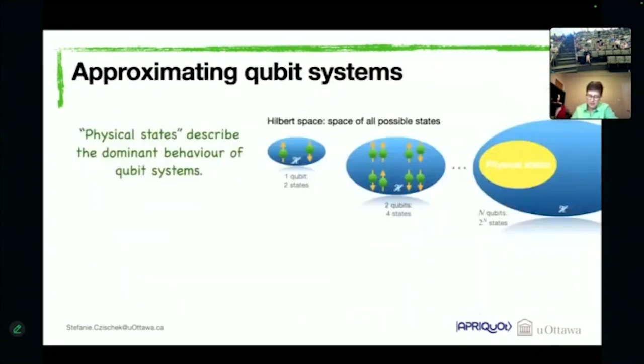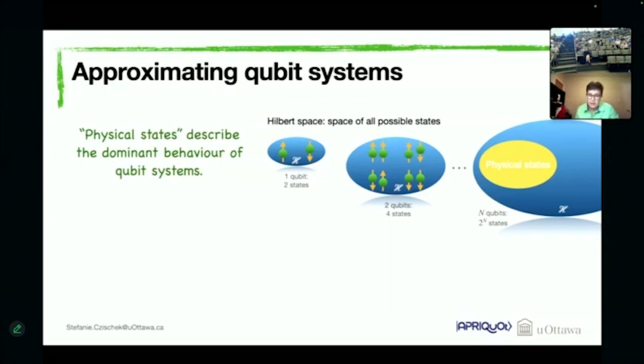Okay. So now we all know that if we look at qubit systems, then we can never study them exactly, at least not at the large scale, which is due to the curse of dimensionality, meaning that our Hilbert space dimension scales exponentially with the system size. And if we would like to study the system exactly, we would need to take all these exponentially many states in our Hilbert space into account, which is unfeasible with our conventional computers.